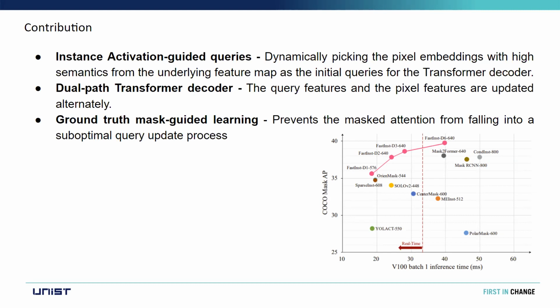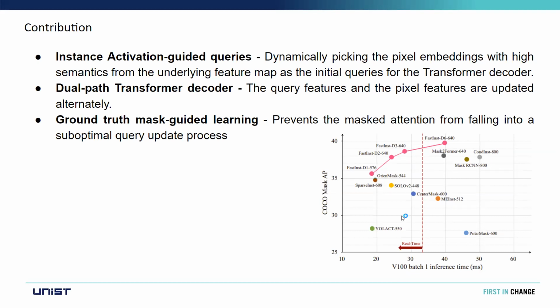They dynamically pick the pixel embeddings with high semantics from the underlying feature map as the initial queries for the transformer decoder. They also propose a dual path transformer decoder, in which we update the query features and the pixel features alternately. And they propose ground truth mask guided learning, which prevents the masked attention from falling into a suboptimal query update process. And in this result, on V100